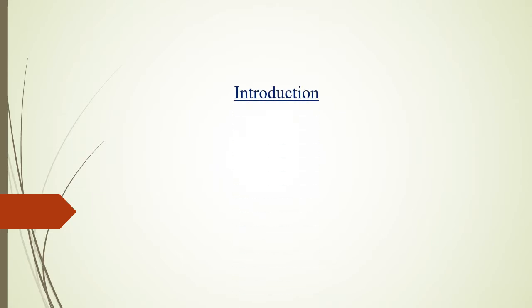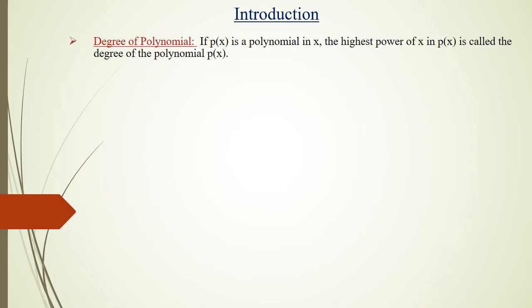You have already studied the basics of polynomials in your 9th standard. If I want to define polynomials, polynomials are the equations consisting of a single type of variable systematically arranged in the decreasing order of the powers of the variable. Our first point of discussion in 10th standard in the chapter of polynomials is going to be degree of polynomial. So let us study what is degree of polynomial.